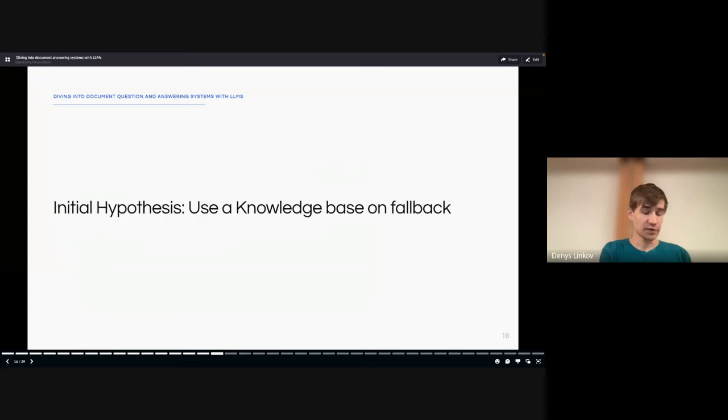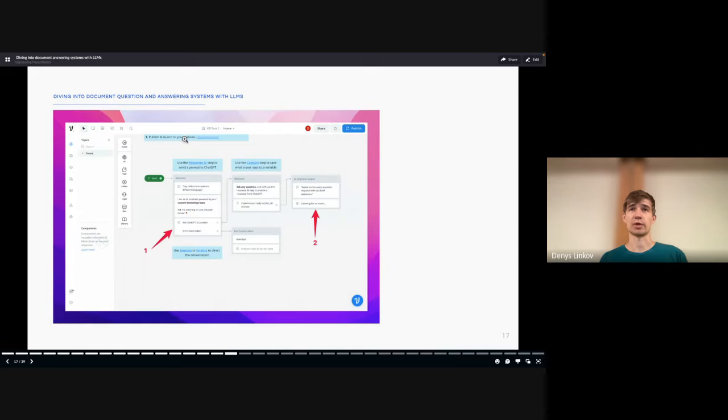When we first built the knowledge base, we built it as a fallback option. Basically, if you designed a chatbot and somebody said something that the chatbot didn't know, you would go ahead and retrieve from the knowledge base. We didn't know how people would use the product, so we started with that as it was the simplest option. But we quickly found that wasn't the main use case that people were working on.